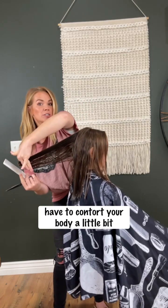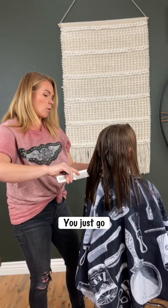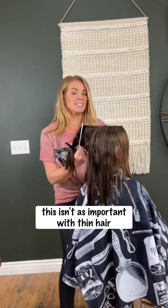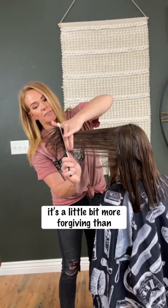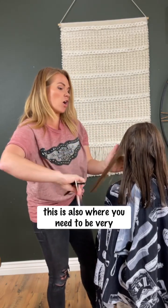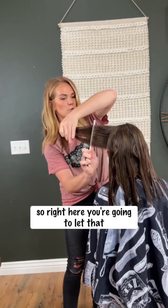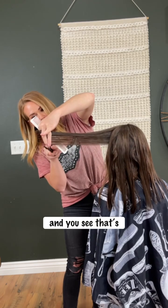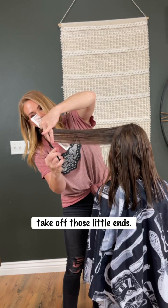This is where you're going to have to contort your body a little bit and cut to that angle. And you just go all around the head with that same angle. This isn't as important with thin hair because it's a little bit more forgiving than thick hair is. Now, right over this ear, this is also where you need to be very careful by not cutting the length. So right here, you're going to let that bottom hair drop. And you see that's my one guide and that's my other guide,